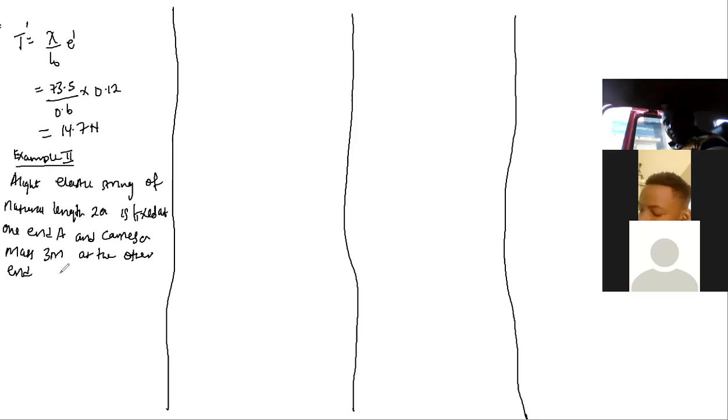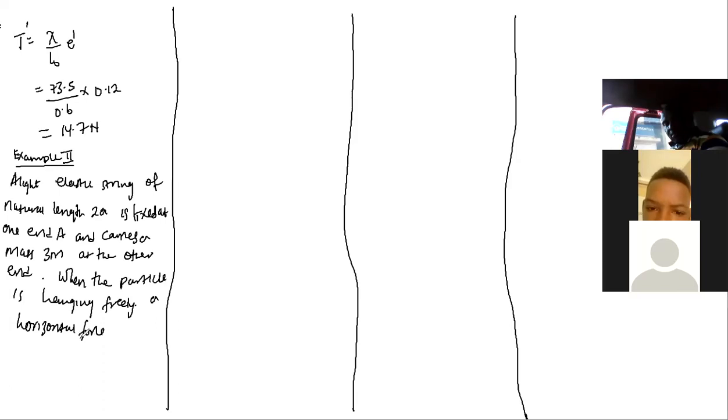When the particle is hanging free, a horizontal force of 3 mg newtons is applied to it. When the particle is in equilibrium,